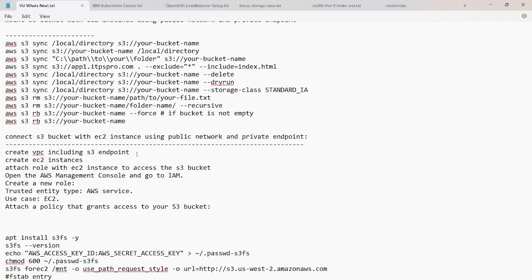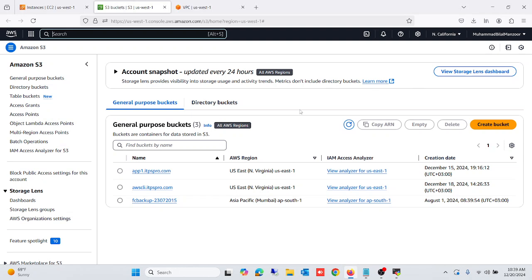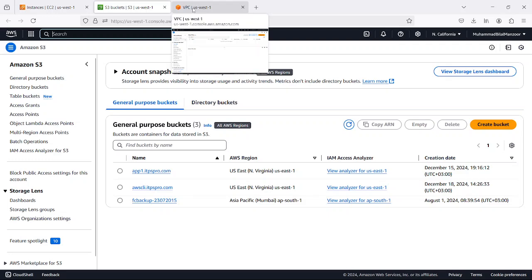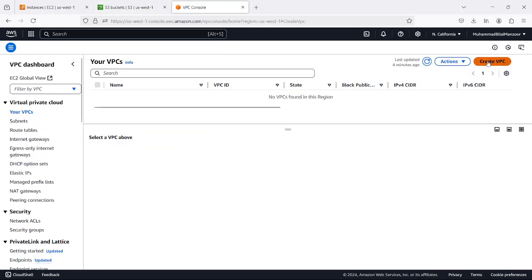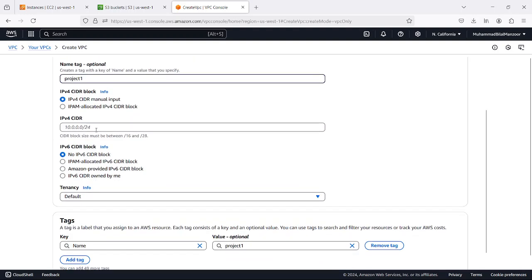So let me do this activity on my AWS. I am using North California, US West 1, and here I am going to my VPC. I don't have any VPC. I'm going to create a VPC. So I can say this is my project 1, and the CIDR block I will use something different. A small CIDR block I want to use,